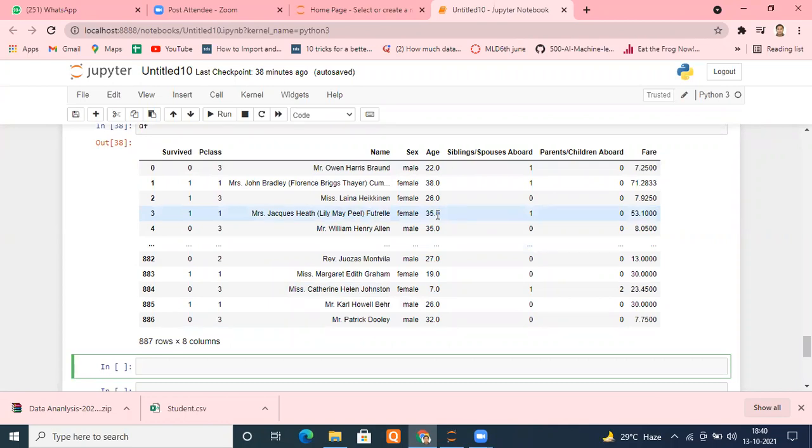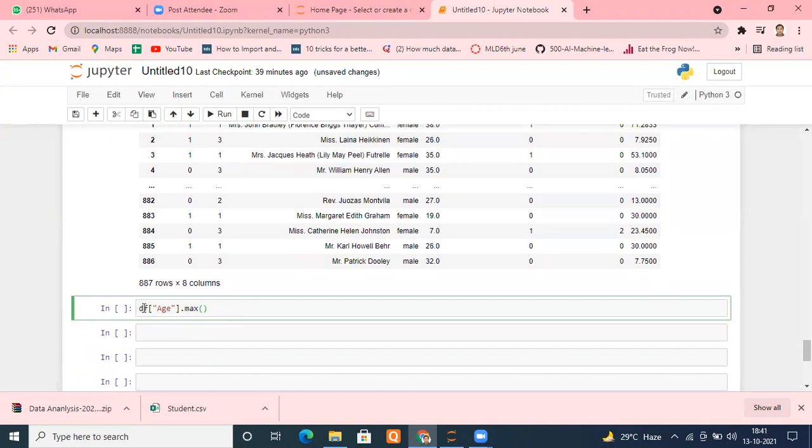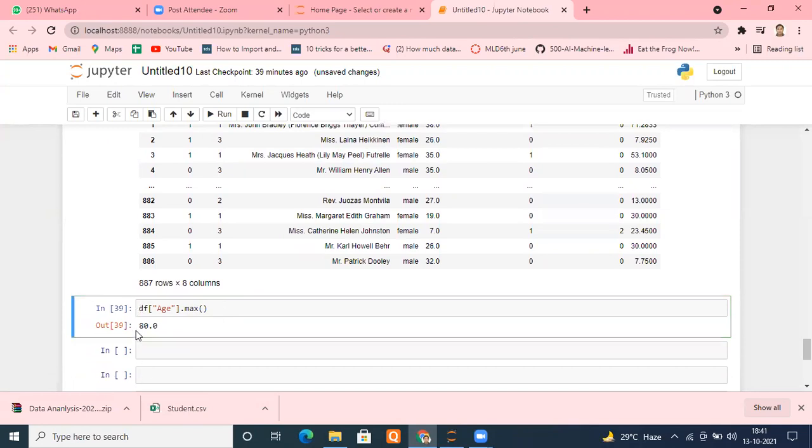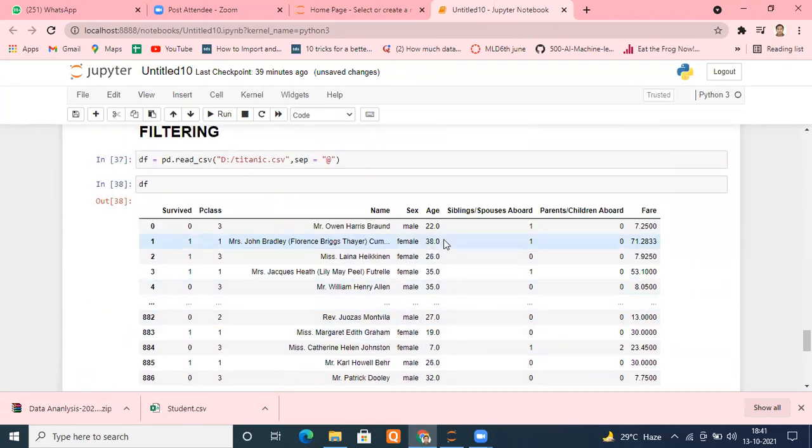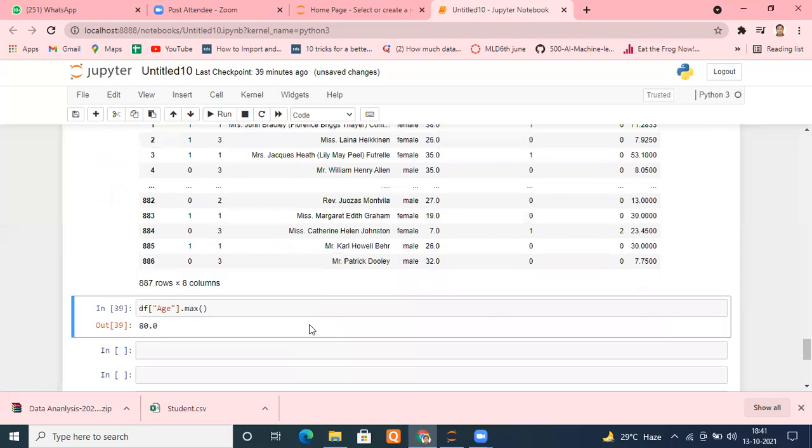Without any issue, we can first check. So what I can do, let me reach this column first. How can I reach this column? Simple. I will type df bracket, the name of the column, that is age. Fine. And how can I get its maximum value? There are two ways. One is the method known as the max method of pandas series. I can directly use that. Let me run this. Okay, it is telling me the maximum value of age in this particular column is 80.